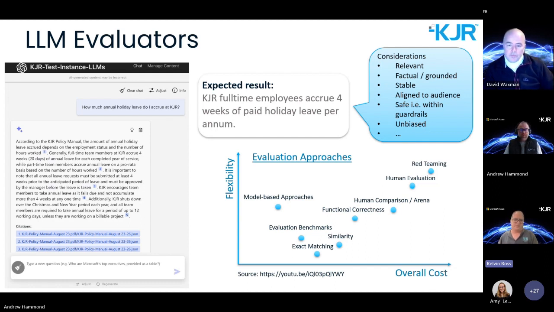Exact matching and similarity tools, the old style approaches, are not really coping with that style of evaluation. So there's a lot of work in model-based approaches to test automation. And a lot of that work is using large language models to do things like look for similarities, but potentially also rank or score the quality of the content. Again, there are many tools and frameworks emerging in that space. A lot of those tools I talked about earlier have some out-of-the-box LLM evaluator components, but also the ability to start building and plugging in things that are specific to your use case.